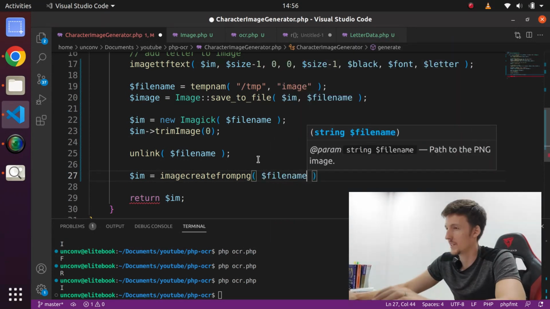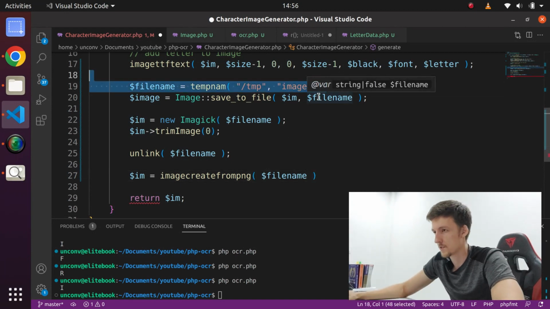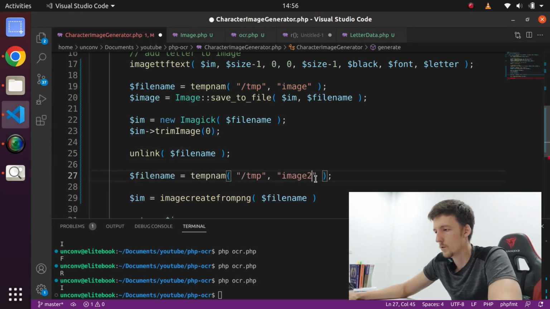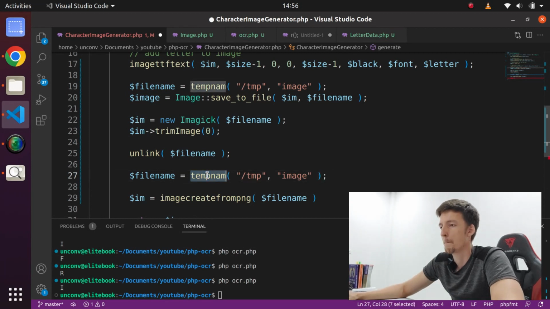This is too complicated. I will make it better later, I promise. So this is going to be image 2, whatever, it's going to be the same. It's going to make a new temp name for it. You have to do another file,